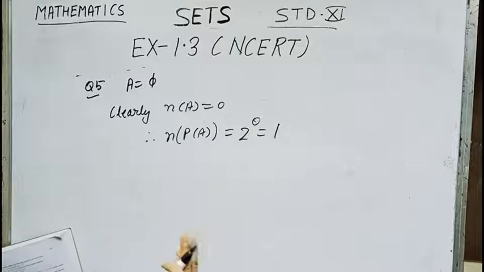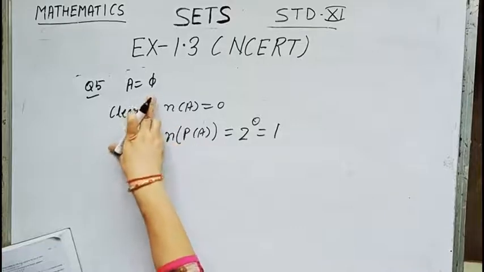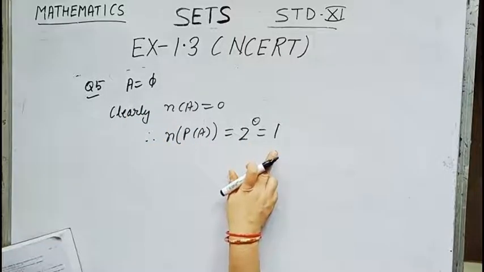I think you understand. Last, question 4, subpart number 4 is write down all the subsets of the set phi. So obviously the only subset of phi is phi, 1 only. So over here the number of subsets of the set A, which is phi, will be equal to 1.